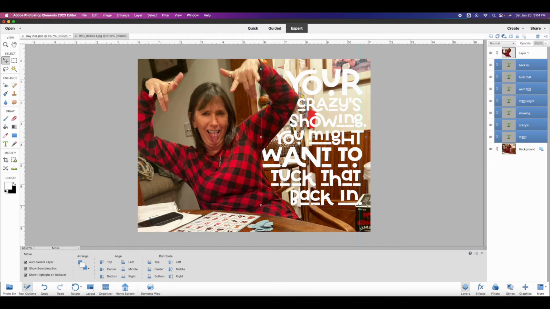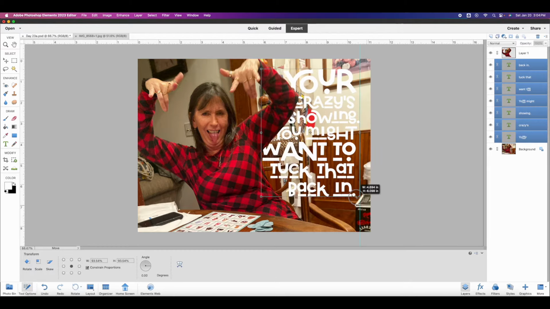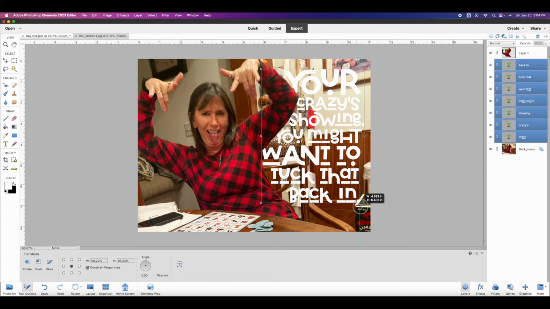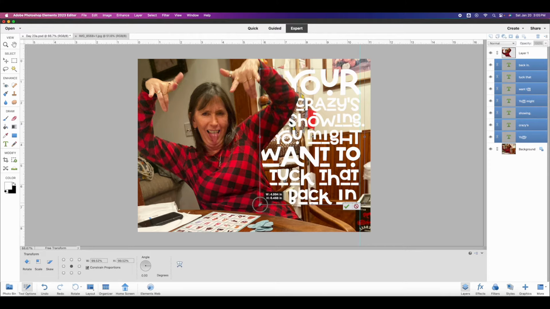Another thing I want to point out here before I print this is you can also grab the edge of this and you could shrink them all together if you want to. That is also an option as you're doing this as well. Yeah, that's going to be completely up to you. You can pull them in this direction as well if you want to. And again, like I said, you want to try to stay